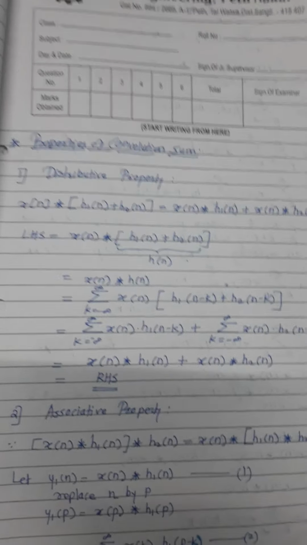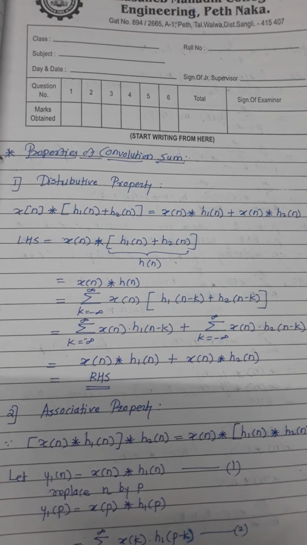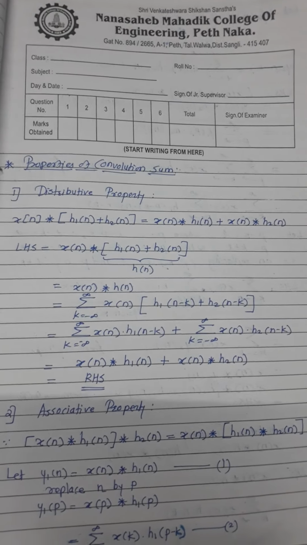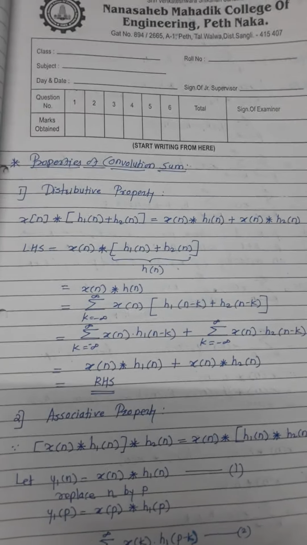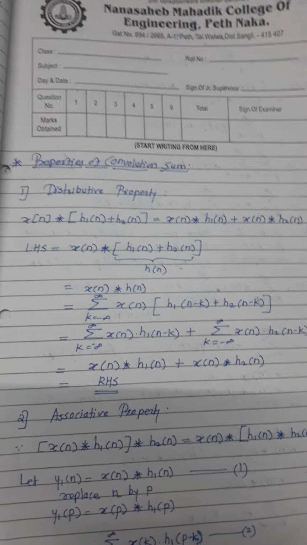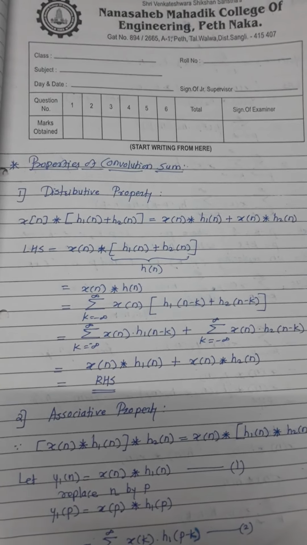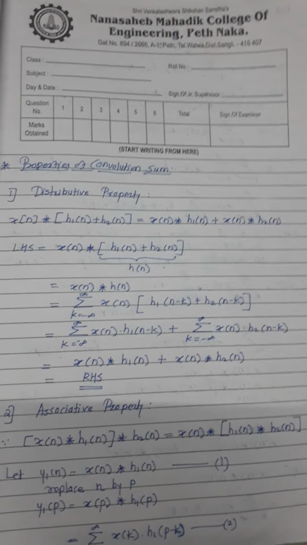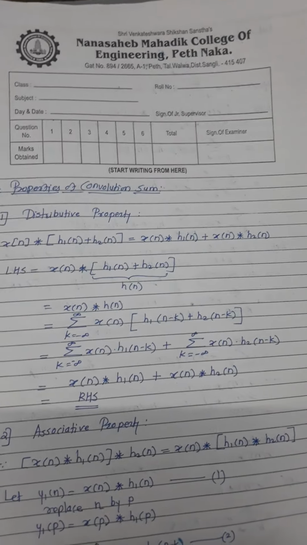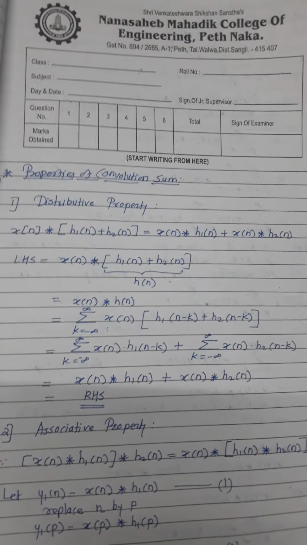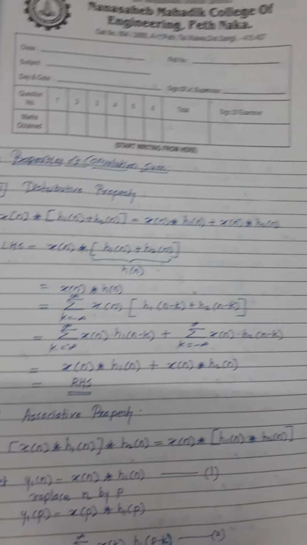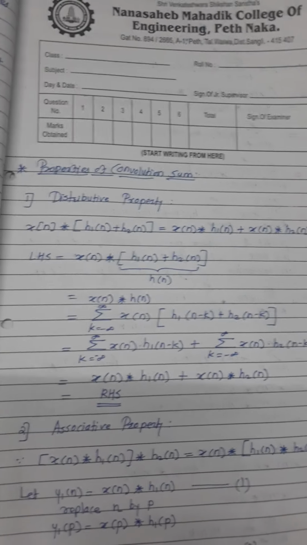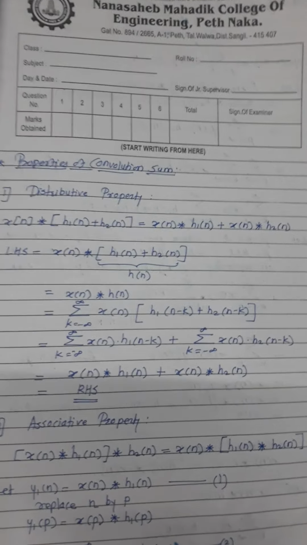So we will move forward towards the properties of convolution now. Just like each and every operation in signals and systems, each operation has its own properties. The properties of convolution include the distributive property and the associative property. Such properties we have learned in digital techniques also. We know in mathematics also what distributive and associative properties are, the different kinds of rules we use while solving mathematical equations and expressions. The same properties we are using in signals and systems over here.